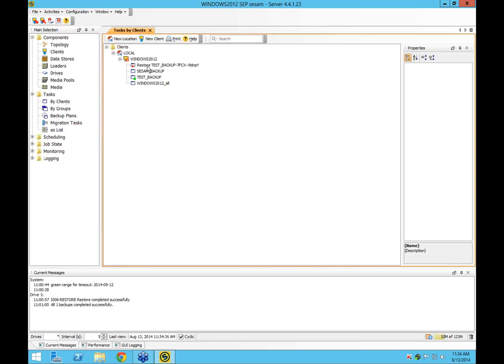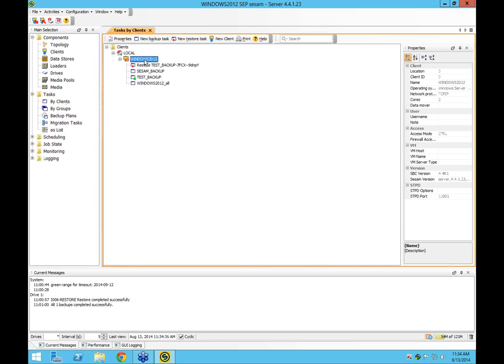We have 3 different licenses for the software, and that's the server license. Normally there's only one server in the environment, and that has a backend GUI and catalog where it stores the log files and data from the backup. Also, there's a standard agent. Those agents have the ability to do Active Directory and eDirectory backups for free. We also include open file support for all operating systems for free.